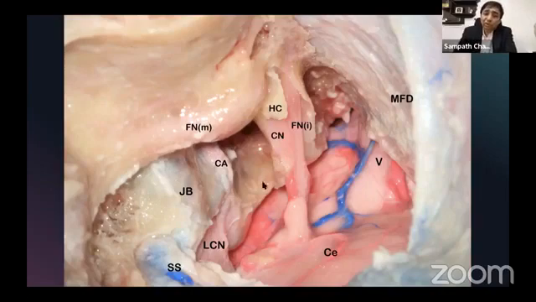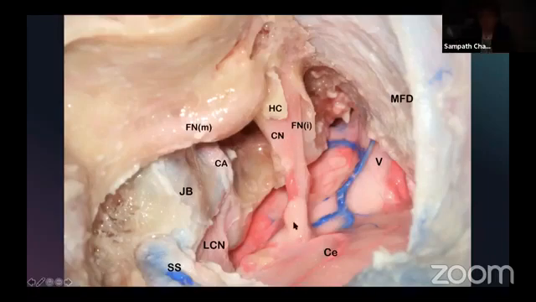So finish off all your drilling, especially the transapical extension, especially the areas of jugular bulb, facial nerve, middle fossa, posterior fossa, before you get into the CP angle. When you get into the CP angle, it looks like this. The cochlear nerve may be preserved if you're doing a